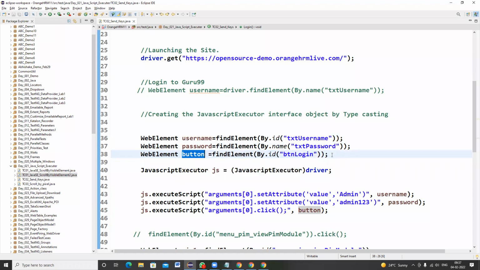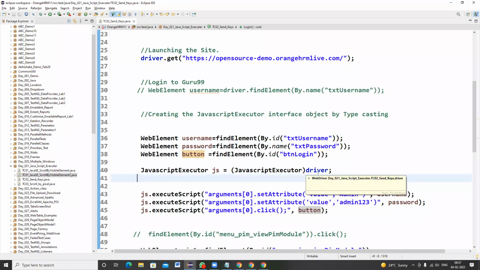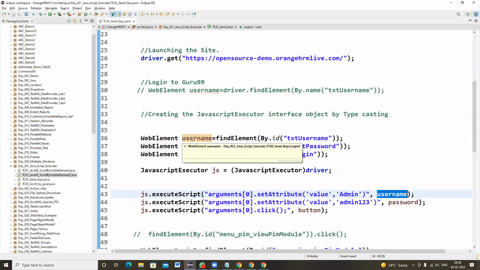Now once this is done, we are saying JavascriptExecutor js = (JavascriptExecutor) driver, and js, which is the object reference of JavaScript executor, js.executeScript("arguments[0].setAttribute('value', 'admin')"), and we are using the web element's object reference.